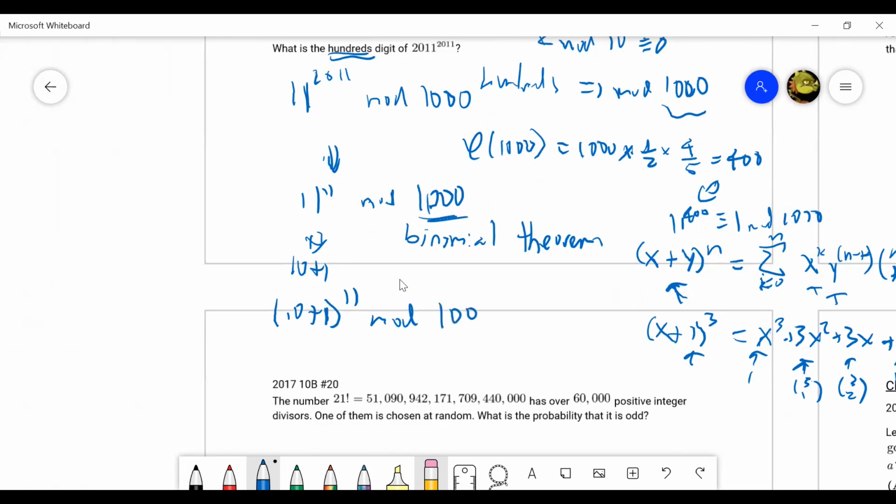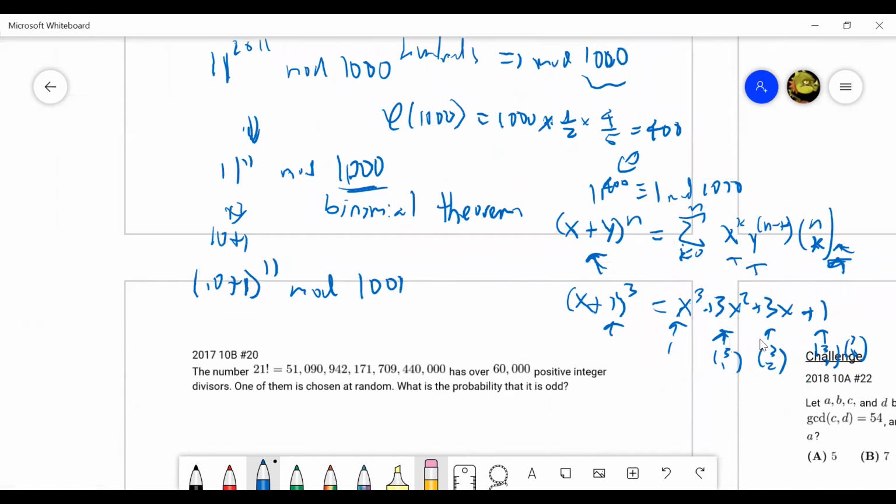And these are obviously equivalent. But now the cool part of the binomial theorem is that if you notice, each of these like terms has a different power of x, right? And in this case, x equals 10. So if we write it out, I'm not going to expand all of it, but it's going to look like 10 to the 11th plus